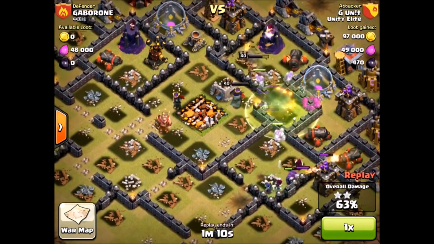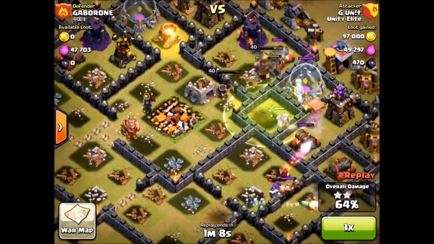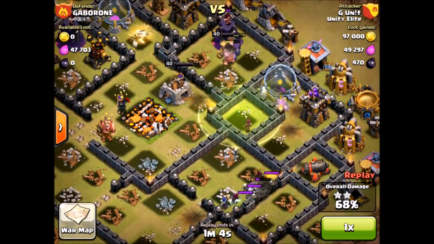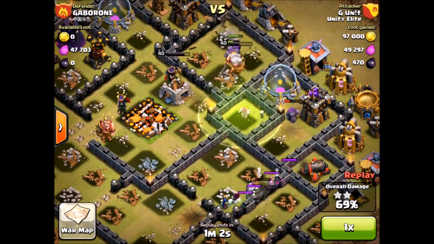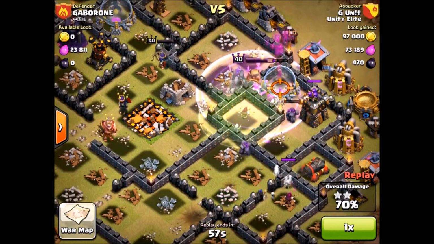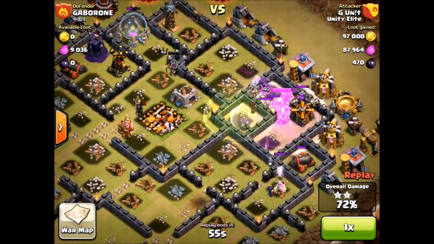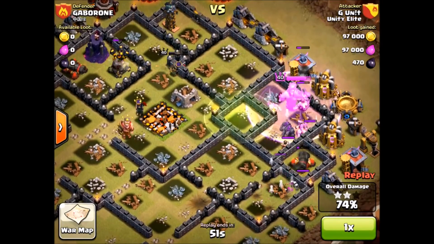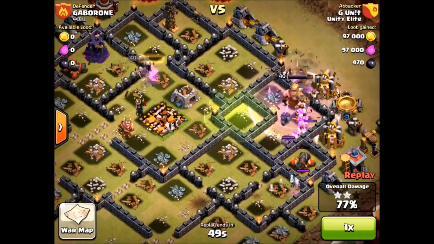Plan on that, just in case. Here's G-Unit, a second account of a great member of our clan, great attacker. He's got maxed heroes, and this was a GoWiPe hybrid that relies heavily on the Pekkas. As I talked about, he uses the jump perfectly to transition out of the core and into every other part